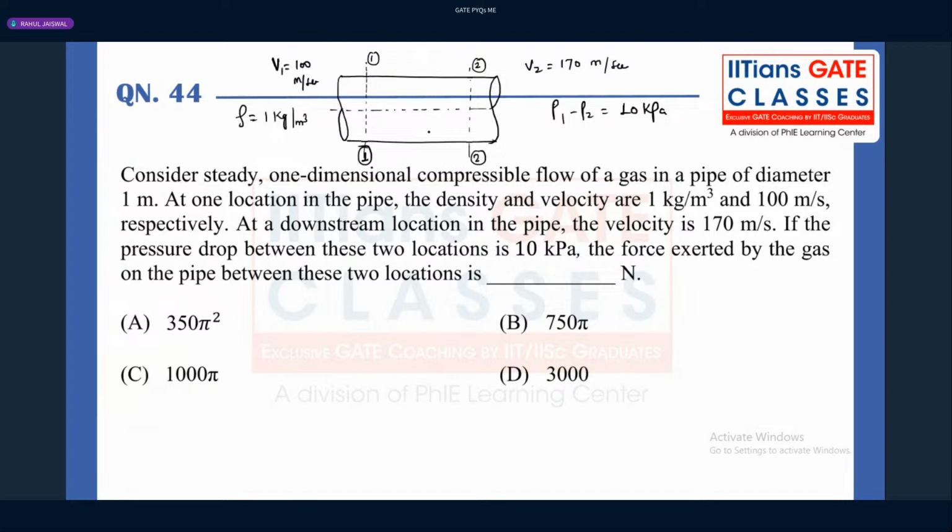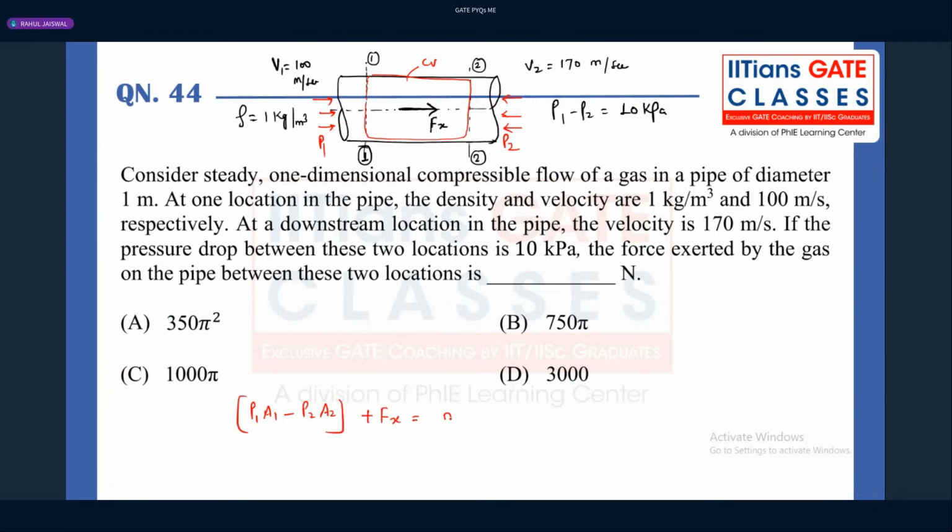Now here, first we are calculating the force exerted by the pipe onto the fluid element. For that, I'm drawing what? Control volume. This is my control volume, guys. In this control volume, I'm finding how much force is exerted by the pipe onto the fluid element. So how to find it, guys? P1A1, that is the pressure force. Here also we have the pressure force, for example P1, for example P2. So what we can write here? P1A1 minus P2A2